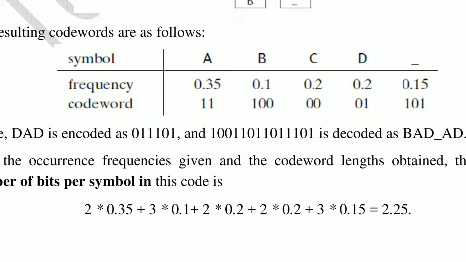So B A. Next character is 0. Now do you have the prefix code of any character which begins from 0? Only 0? No. Now the next one, I have to add one more bit to it, that is 1. So if you had 0 1, do you have any character with the prefix code 0 1? Yes, I have, and that is D. So I have decoded as D. So I have BAD.